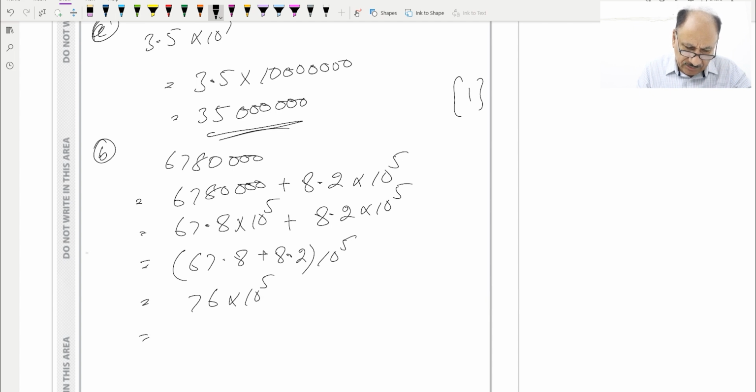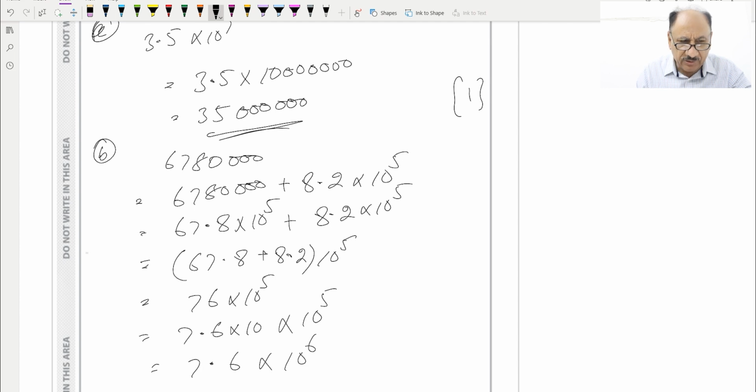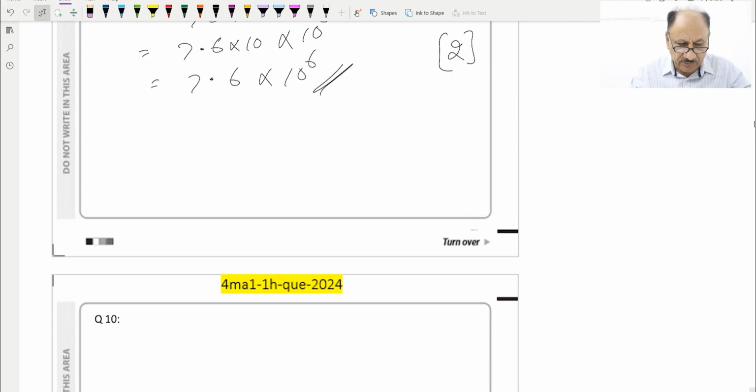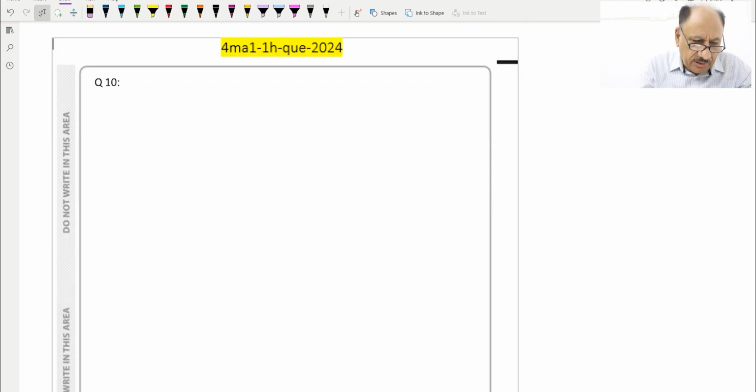Now we need to write it in standard form. 76 we have written in this format, and now we can rewrite it as 7.6 into 10 raised to the power 6, and this will be our final answer for 2 marks. Hopefully you understood this. Question number 10, A part, they are saying simplify (2p) whole raised to power 0